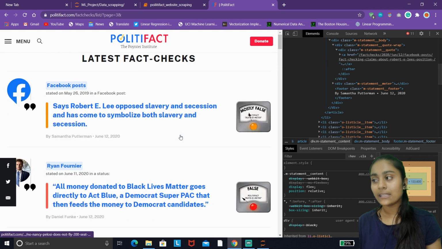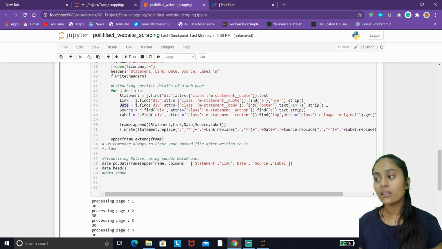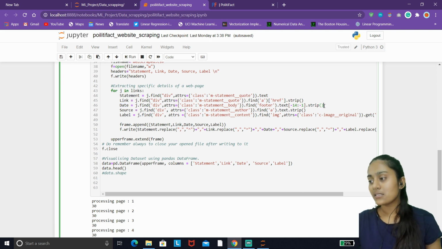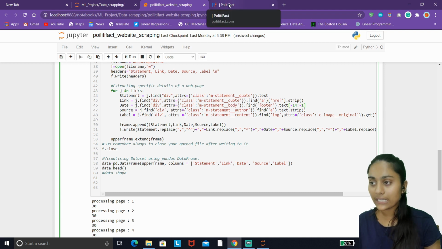So we can apply indexing on the text that contains the date only, and since we can see it is from -1 to -14, that is its length. We just specified it with the indexing. It isn't necessary to use the dot strip function here. I will show you later why it is necessary to use dot strip. For now just don't use it here, so it is not required. Now let's move on to our next attribute.